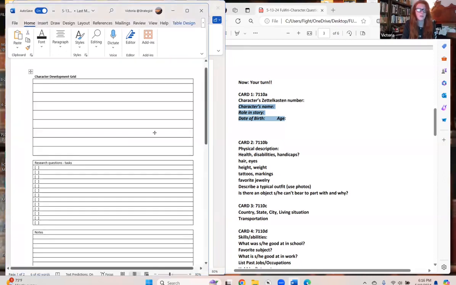Now I'm going to pop over to the second worksheet that's called the Character Development Grid. It's on the left side of my screen. The top is just a place for notes. The bottom has checkboxes with research questions and tasks. And then the very bottom has another little space for notes. So this is just a simple way, since you're looking at your characters at a high level right now, to